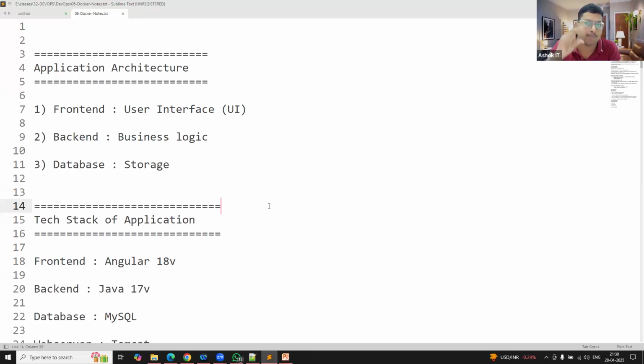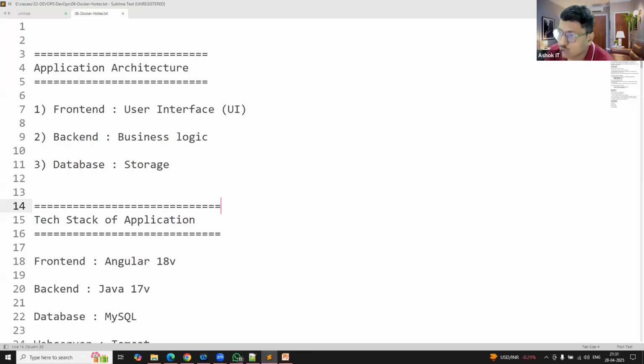Docker will make your application portable. Docker will make your application loosely coupled with the system hardware configuration. Whether you are using a Windows machine, a Linux machine, or a Mac machine, no problem. Docker will prepare its own container to run the project. Ansible is only for software installation, whereas Docker is for containerization. It packages your software plus your application code, and it can run as a container. Container means one machine, one box.